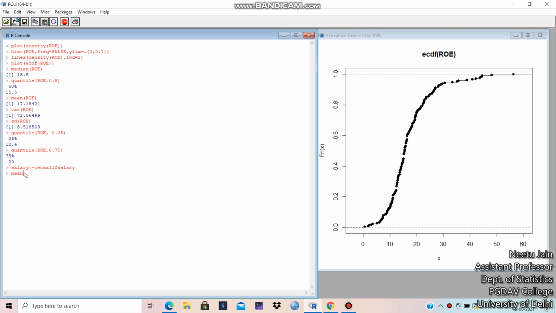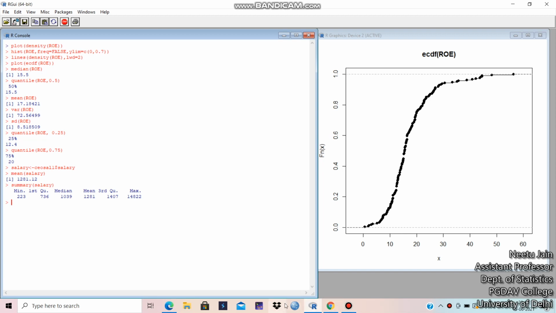Let's compute its statistics, mean. Similarly, all these statistics can be computed through a single command, summary. See, summary of salary. This gives the minimum, first quantile, median, mean, third quantile, and max. All of these statistics can be computed from a single command, summary salary.